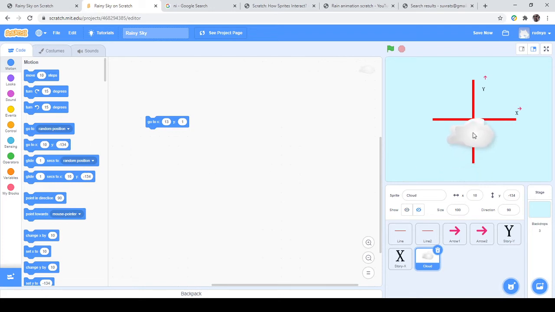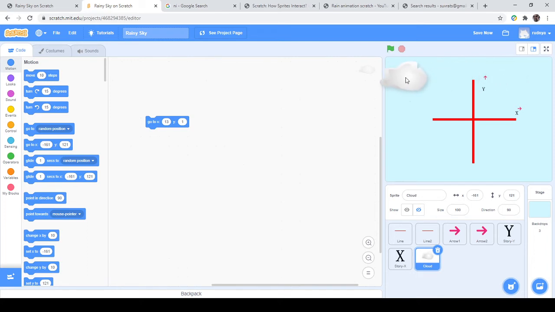So let's say I'm trying to move my character from all the way here to the right. Imagining the cloud is going to move on a straight horizontal line, the y value of my cloud is not going to change because the cloud is at the same altitude, but the x value of my cloud is slowly going to increase because it's moving along the x-axis.